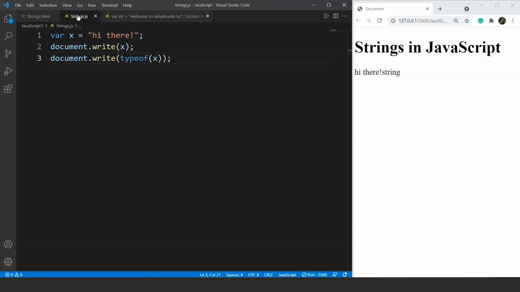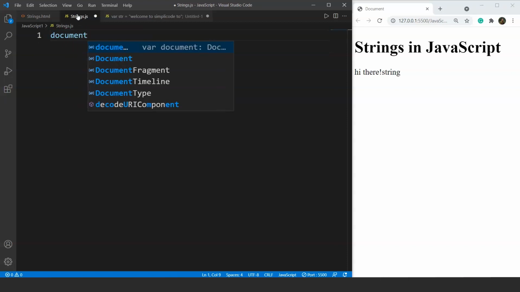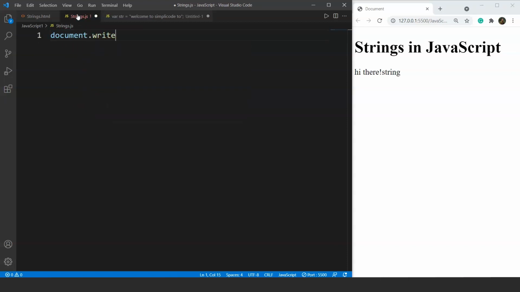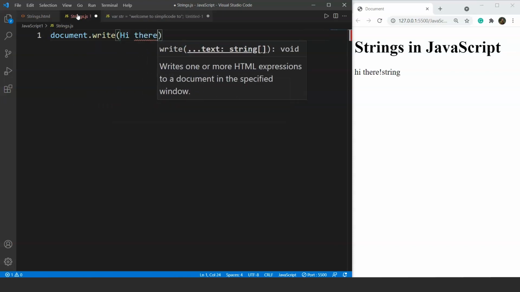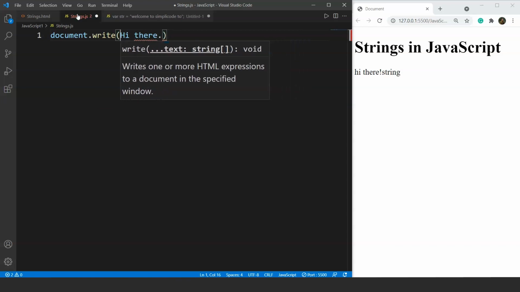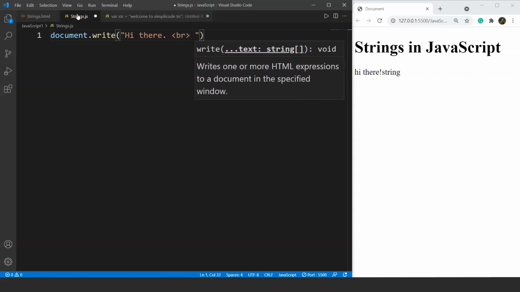So let's understand this with the help of an example. What we'll do is we'll remove this code. We'll print a simple statement in a browser. So we'll use document.write and we'll write here "hi there", and we'll use a tag, right? So a basic HTML tag we are going to use. Let's say we are using the break tag. I hope you all are aware of the break tag. So the next sentence will be